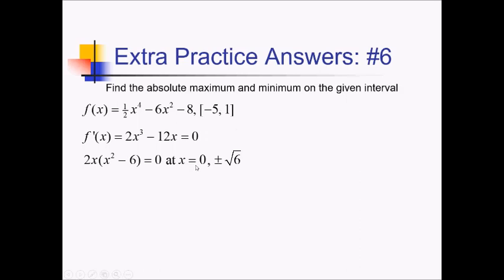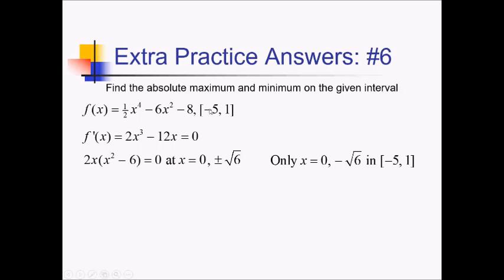Well, definitely 0. That's between a negative and a positive. Negative radical 6, that's somewhere between negative 2 and negative 3. So that's definitely in this interval. Positive radical 6 is somewhere between 2 and 3, so that's not inside this interval. So only 0 and negative radical 6 need to be tested because those are the only ones in the interval they gave us. So going through and testing all of those out without a calculator now,